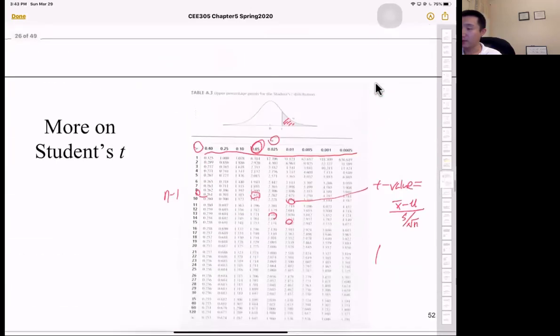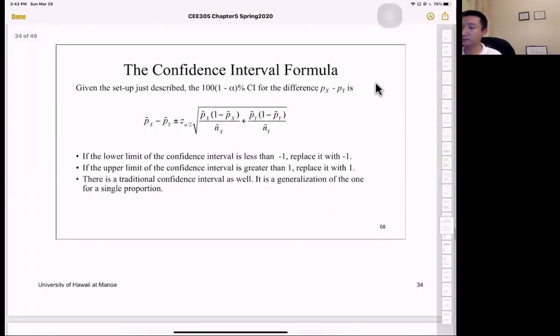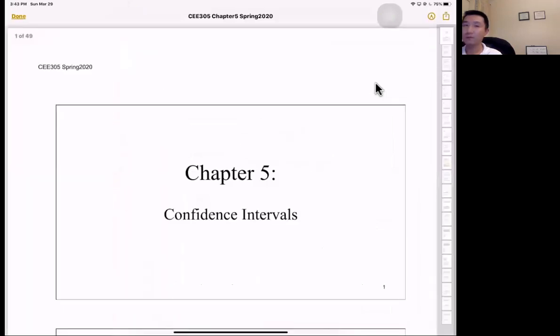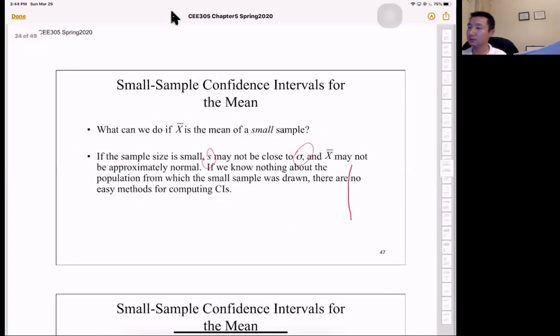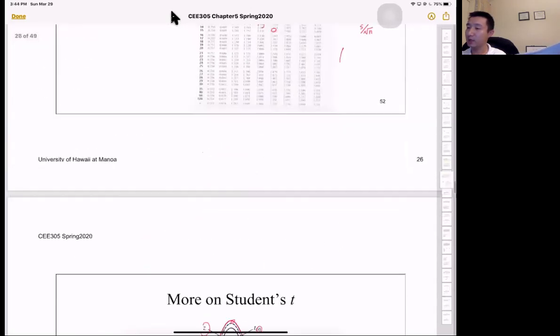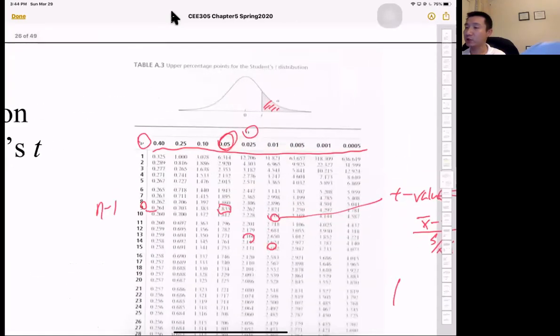As we can also see from here, table 8.3 shows us the right-hand tail, but because it is symmetrical to the center line, the question is asking for lower tail probability